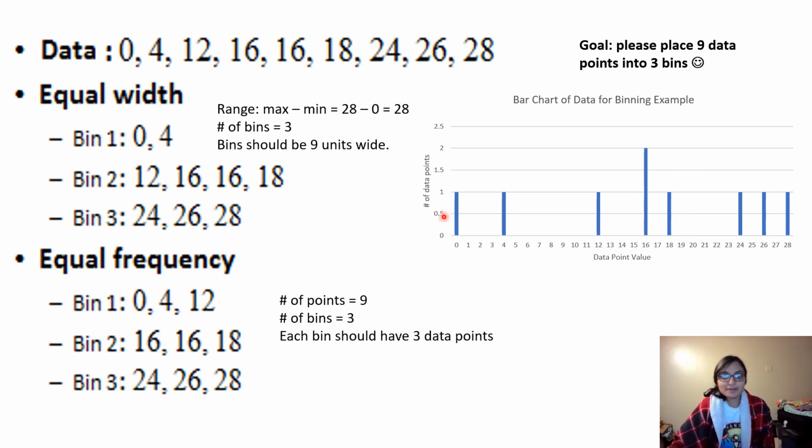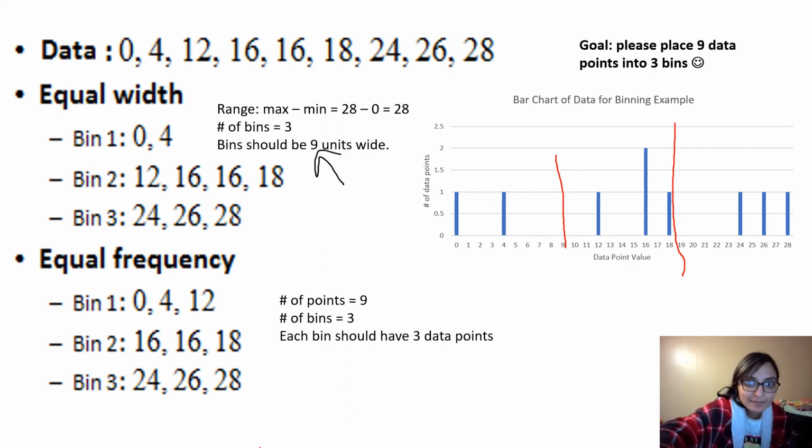So for equal width binning, the first bin will go from 0 all the way to 9.333. And then the next bin is going to be 9.33 plus 9.33, which is 18.66. So that's what you will say for equal width binning. The first bin is only going to be for values that are less than 9.33. So each bin should be 28 over 3, which is around